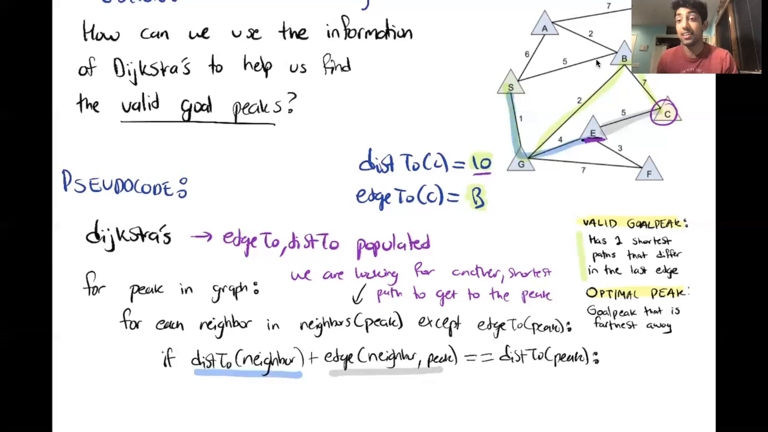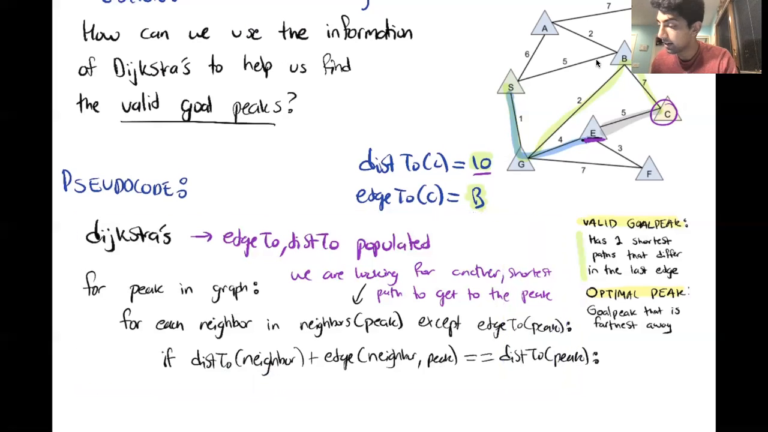If that is equal to the distance to the peak, that means we have found a different shortest path to get to the peak, right? Which is exactly what the valid goal peak problem is trying to solve. So what we can say is that we have found another goal peak, okay? But we don't know if the goal peak that we have found is better than the optimal peak that we recorded so far, okay? So what I'm going to do